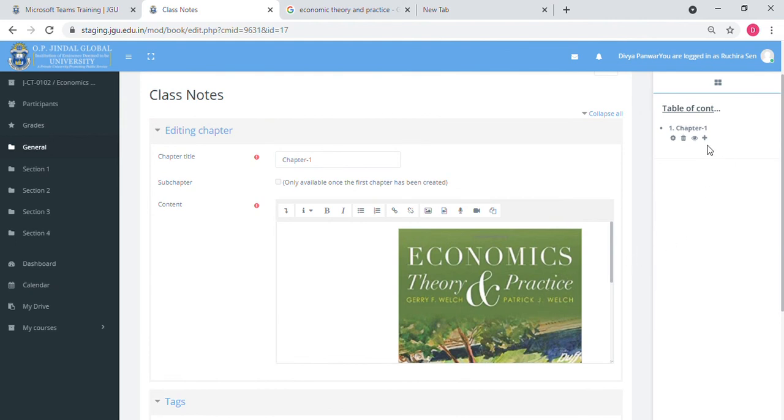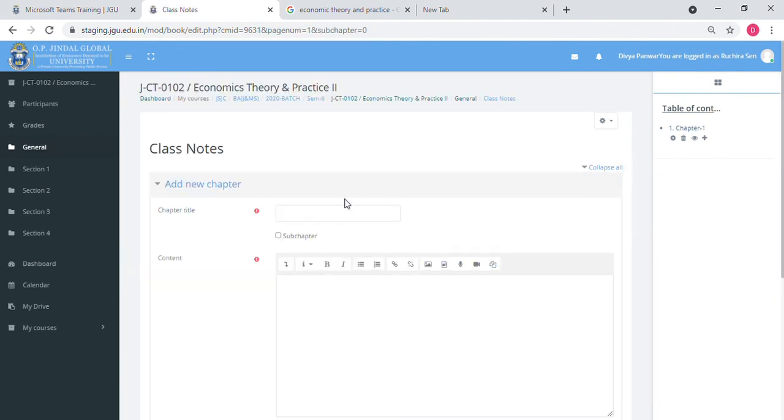And also for adding another chapter, you can click on this Add button. Give the chapter a title, say Title 1. If you want to make the chapter a subchapter, then click on this checkbox.